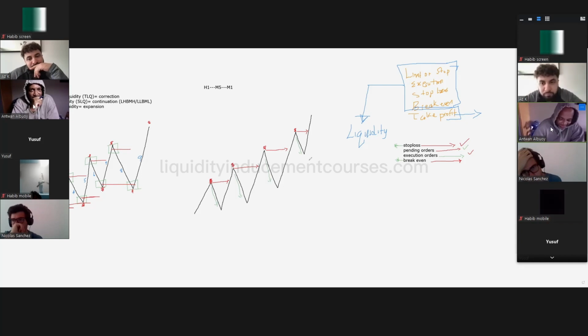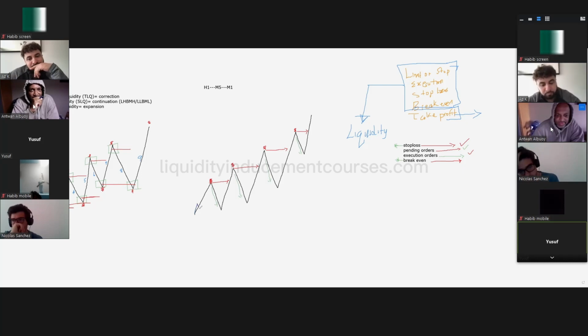Now, if you look at this here, you're going to see that this black, for example, can be the higher time frame, which is the 1 hour. Then the 5 minutes could come as the internal structure. So the 5 minutes could be something like this: higher high,